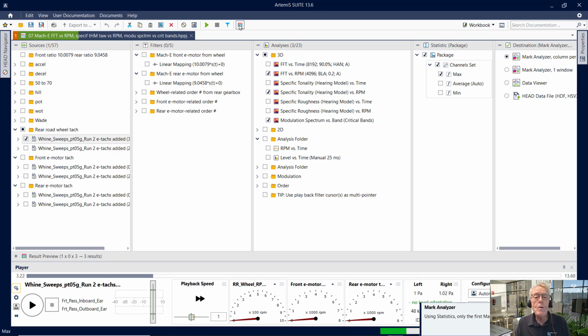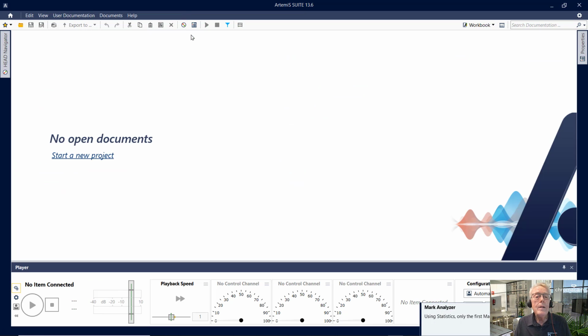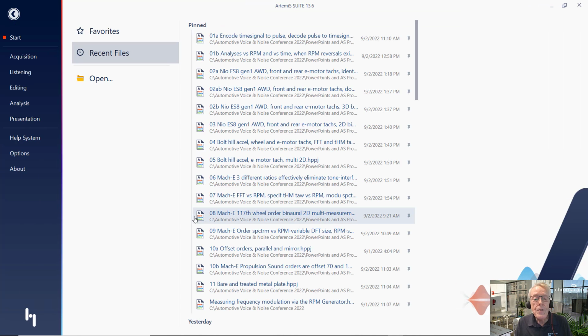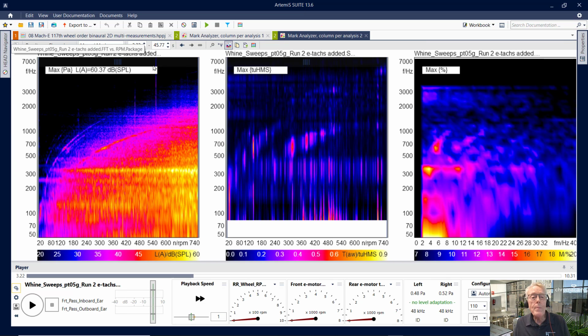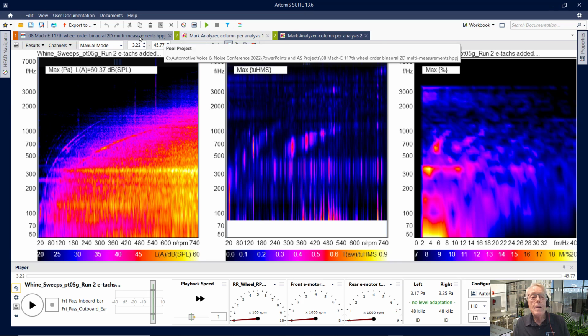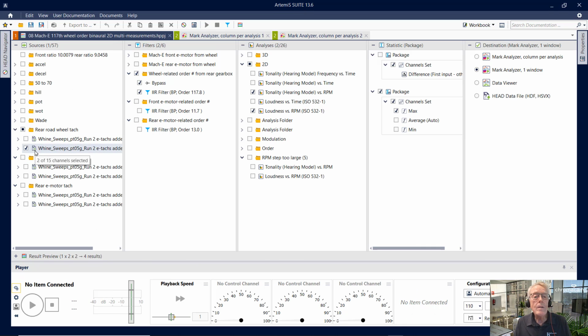And now we'll go to the 08 project. I don't need to calculate, I mean to stop it, and close this. So the 08 project involves tonality and loudness of the sweeps. And we're going to do a calculation through a bandpass filter and without the bandpass filter. So what am I doing here? Okay, the whine sweeps